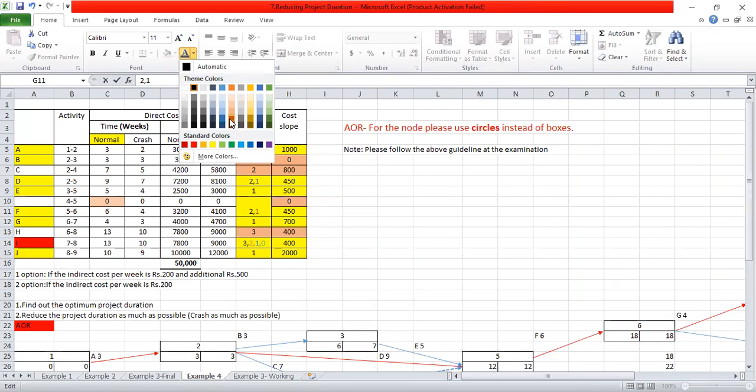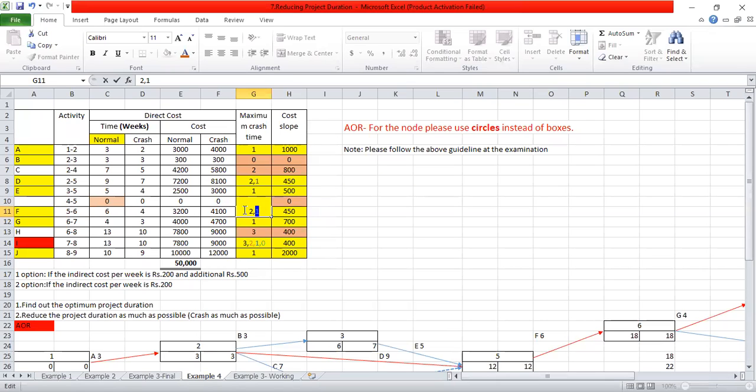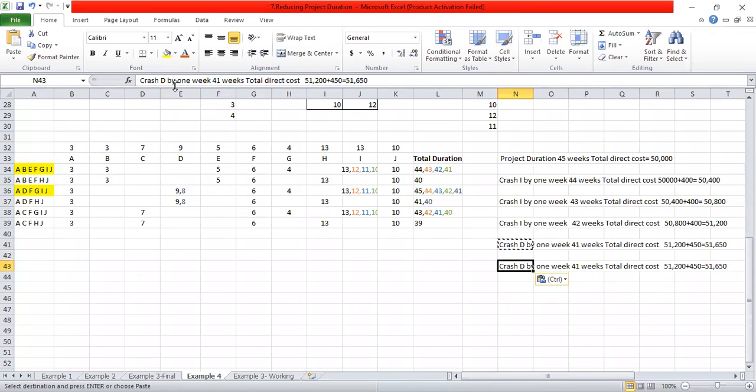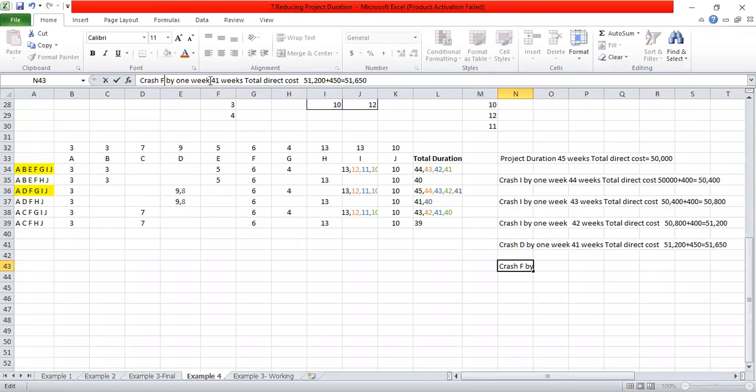The colors are not there, right? So crash activity F by 1 week. So the days will change, weeks will change, and the cost is going to change. So we are going to crash F by 1 week, right? So crash F by 1 week means you have to